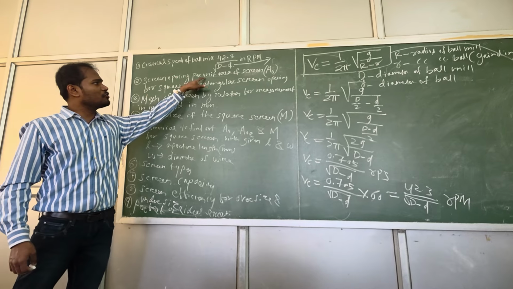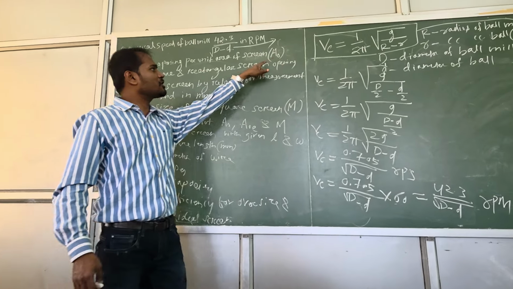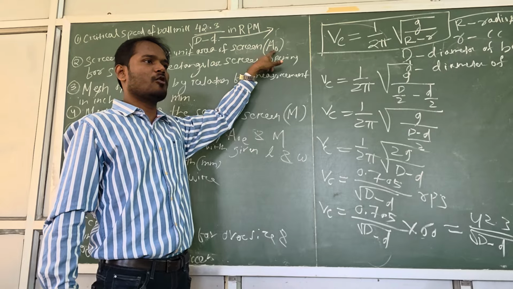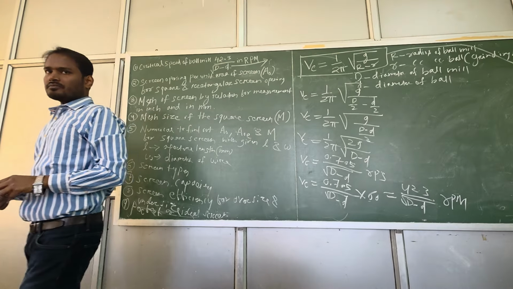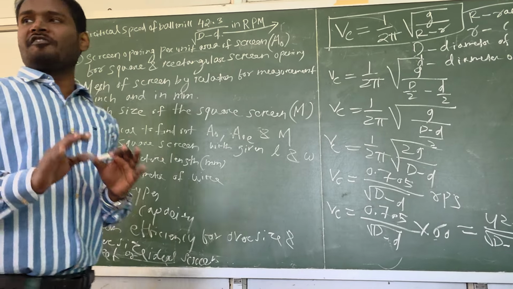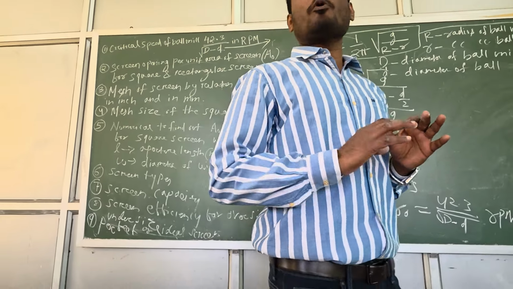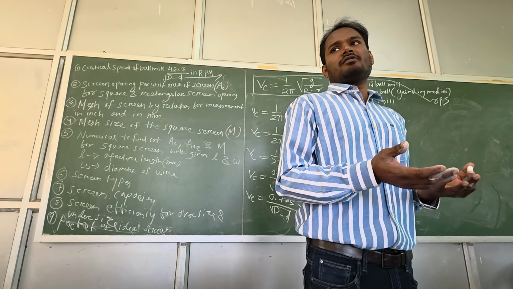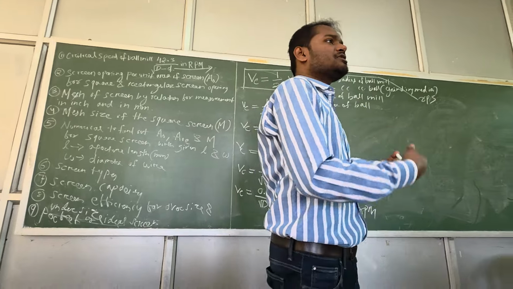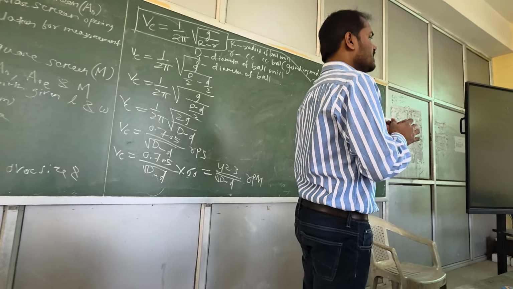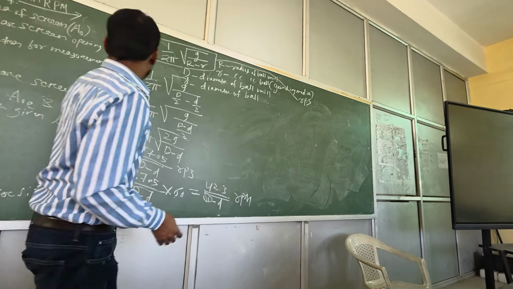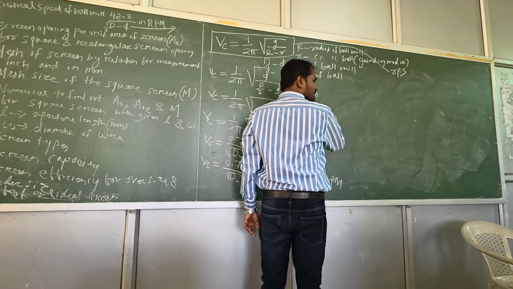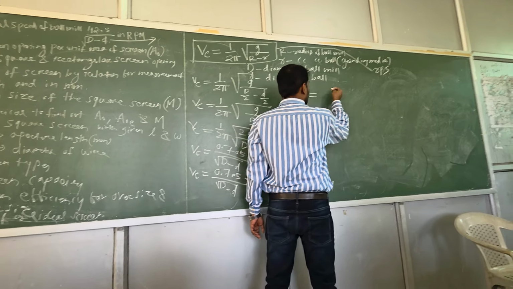Screen opening per unit area of the screen. That is denoted by area opening, or AO. The screening efficiency basically depends upon the number of openings. So that means the more the number of openings, the more the efficiency of screening. Of course, because undersized particles will pass very easily if the number of openings is more. Again I am saying, AO is the percentage area opening, equal to how much?